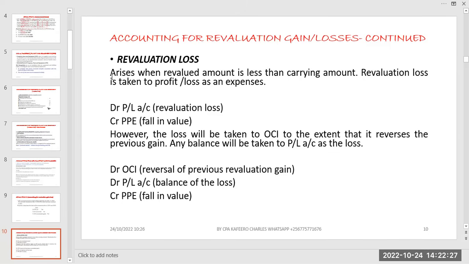So if we do another revaluation and we find that this time we have a revaluation gain coming in, what happens is that